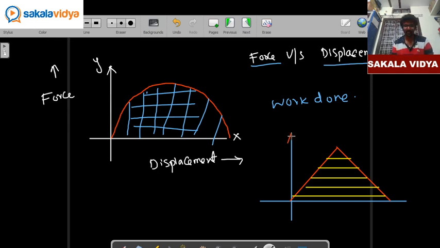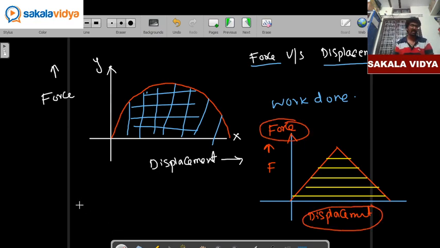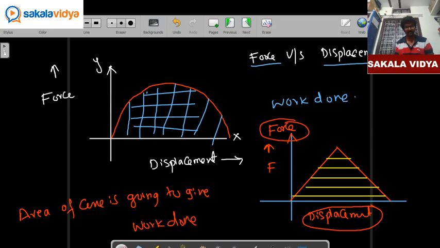So, remember, this is our force, this is our displacement. When you plot a graph between force versus displacement, the area of that curve is going to give work done. Okay. So, remember students,